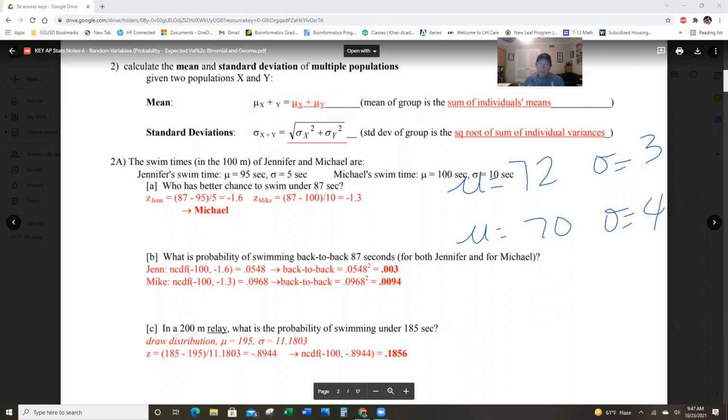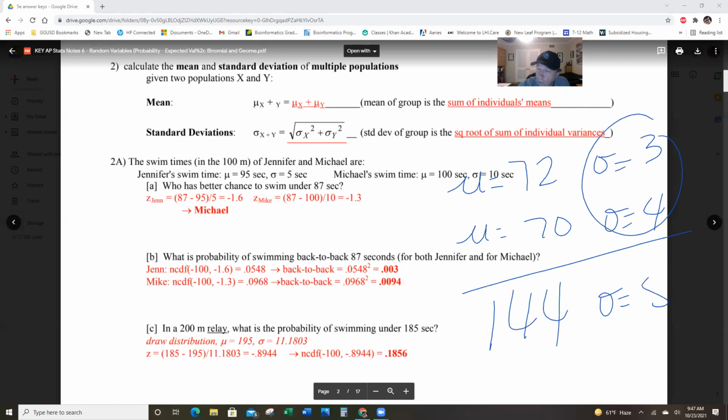So 68% of the time, this is a normal curve, I would score between 69 and 75, if you remember the empirical rule. Now, if we were to combine our scores, we will average 144 combined. And our standard deviation will be, it's not 7. You don't add them. You do the Pythagorean theorem. It's 5. That's a 3, 4, 5 triangle. So the mean of them combined will be just the summation of them. But the standard deviation when you combine two continuous random variables is the Pythagorean theorem.